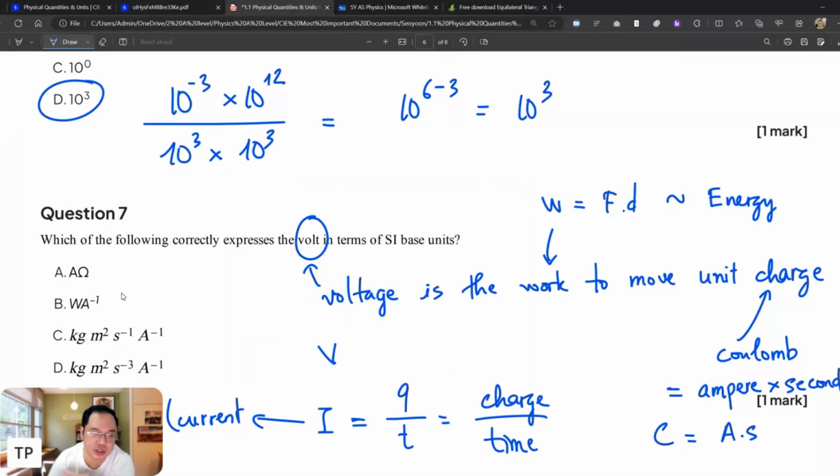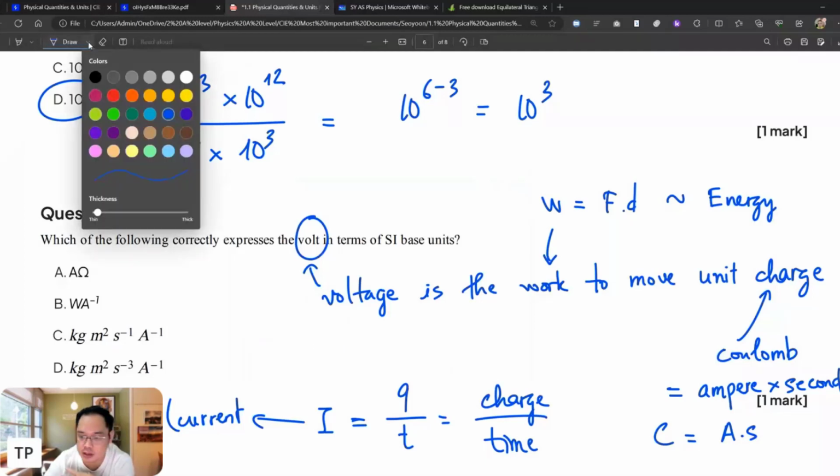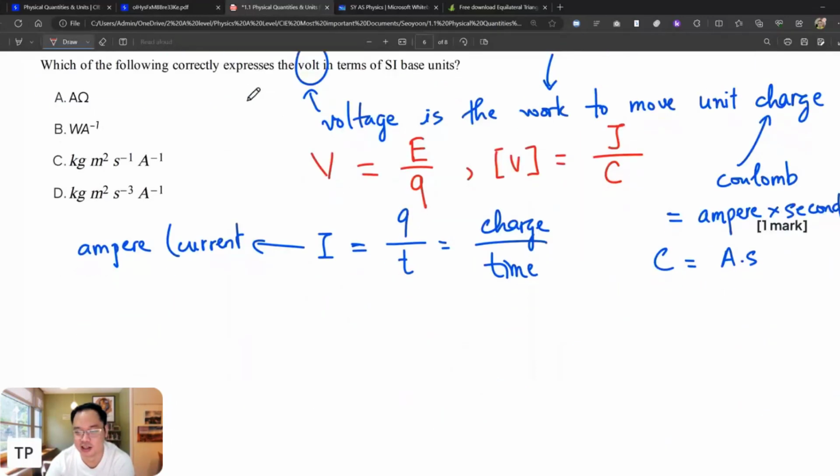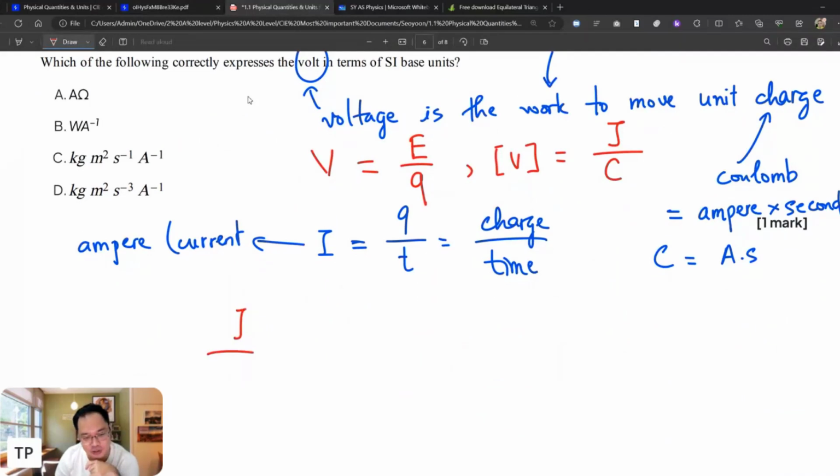And the voltage, let me change the color. Voltage is work to move charge, which means this formula: the voltage is energy, or work, over the charge Q, and therefore the unit of voltage is joule over coulomb. Wow, a lot of joule over coulomb, and how do we derive joule and coulomb? You did that, right,